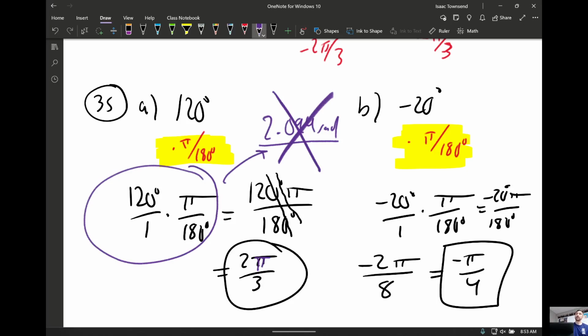Likewise over here, if this one said round to 3 decimal places, I would have just thrown this in the calculator and said about negative 0.349. But it didn't say round. It said leave your answer in terms of pi. So, yes. For B, the 20 degrees,